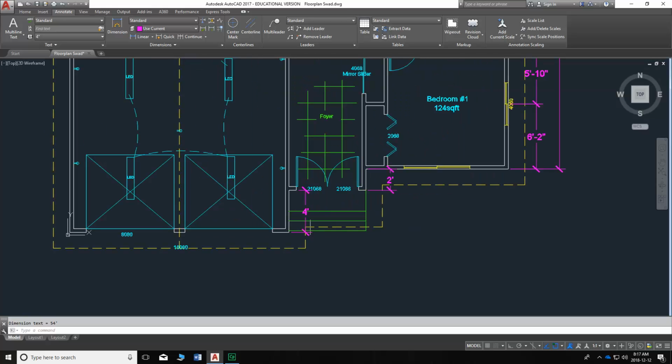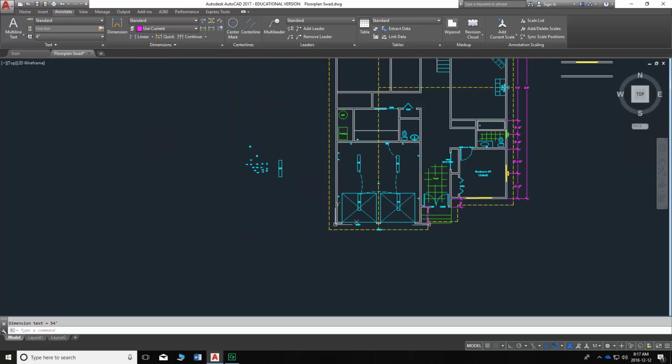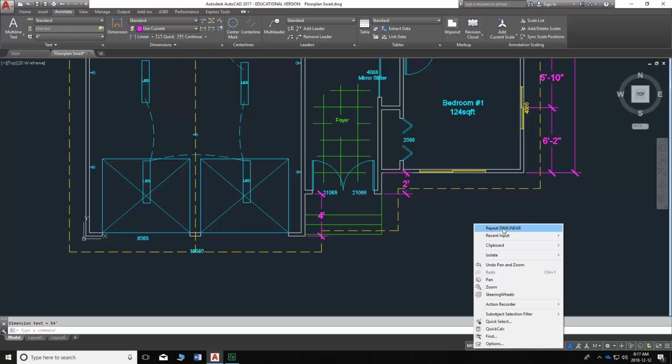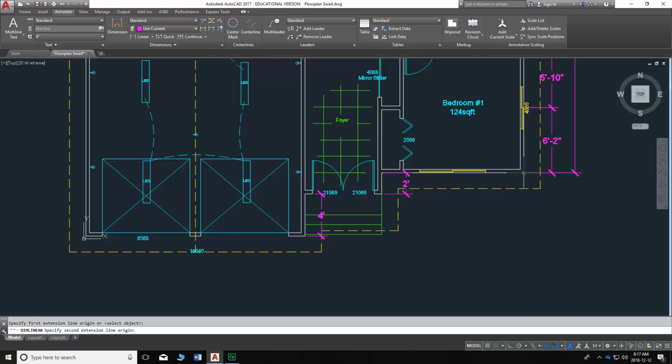Now I can do some simple math and add these other 6 feet to get an understanding of basically the total length of the house. I don't want to extend it across here and have a bunch of dimensions running across that really confuse things. So I'm going to go across the front of my house now so you can see what I'm going to do with a door. Again, I'm going to right-click and repeat linear dimension here to the center of my window,